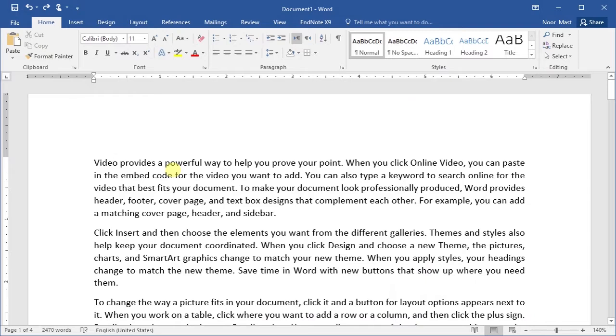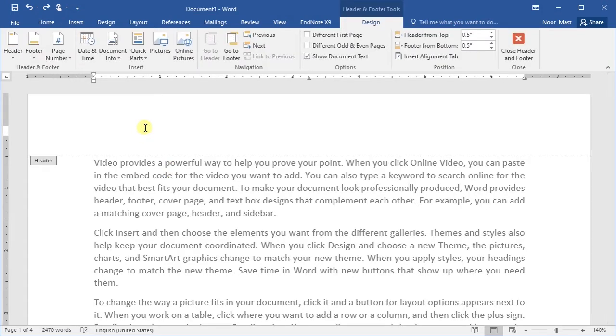To insert header or footer in your document, double click somewhere on the top or bottom margin of your document to insert header or footer respectively. So double click on the header section. The header or footer will appear depending on where you have clicked. So we have clicked the header section, and the insertion point is available in the header section.